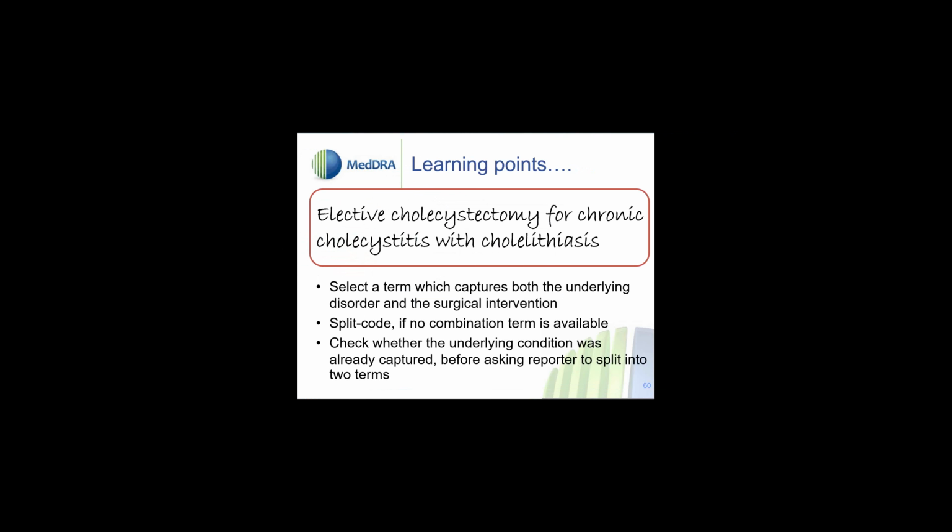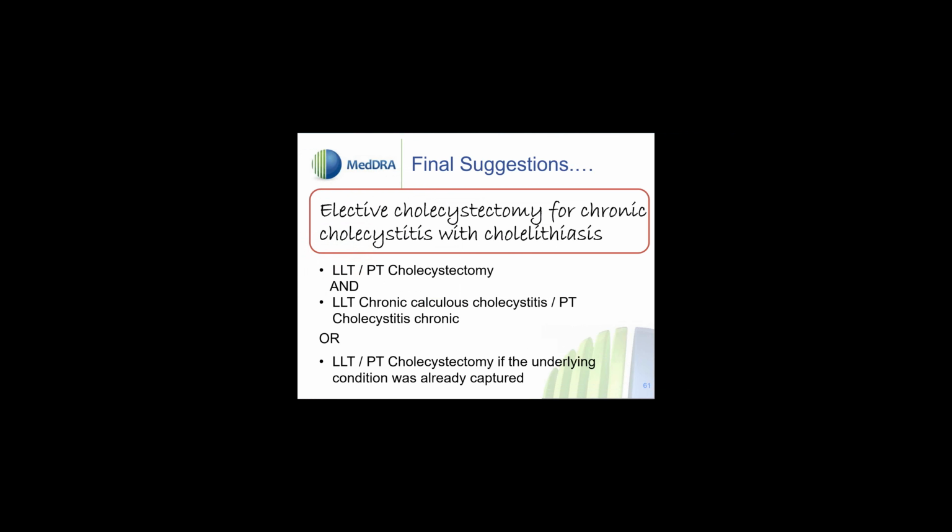And when no combination term is available, we would split code based on the PTC document. When raising this split query, we would of course have to clarify whether the underlying condition was already captured. So the correct assignment would be LLT chronic calculus cholecystitis and cholecystectomy based on the PTC guidance if chronic calculus cholecystitis was not captured yet. Some of you have suggested to code to elective surgery because there was no immediate adverse event, no new adverse event